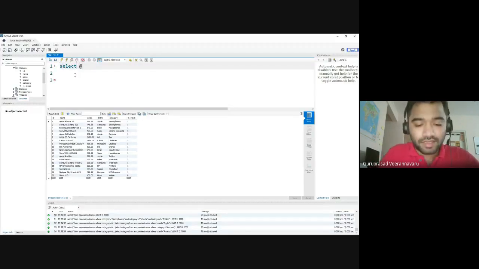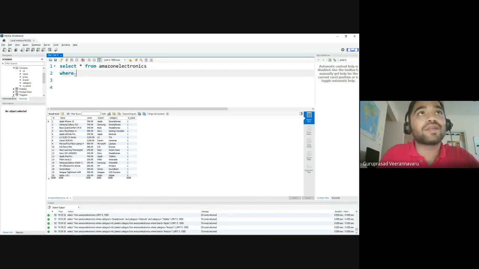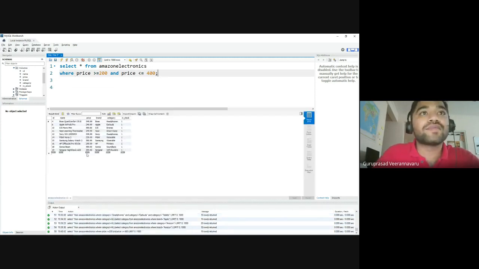So if I do select star from electronics where price, let's say I want all the items whose price is greater than or equal to 200 and less than or equal to 400. So what would I do? Where price is greater than or equal to 200 and price is less than or equal to 400. Okay. So now if I do enter,